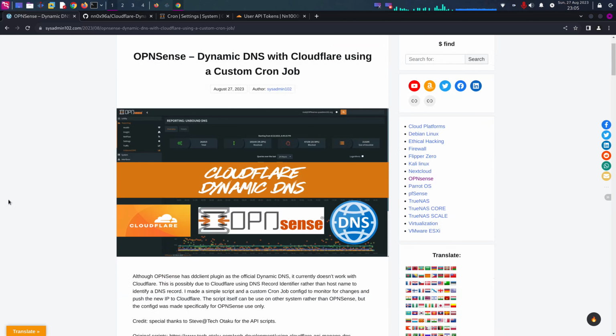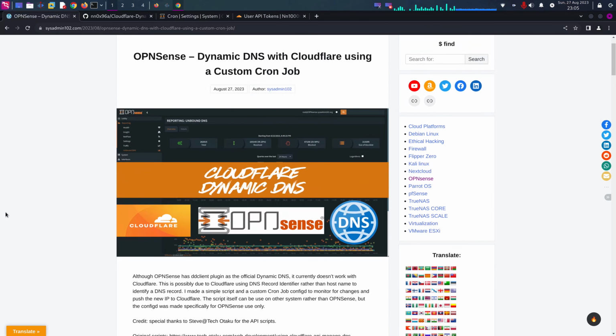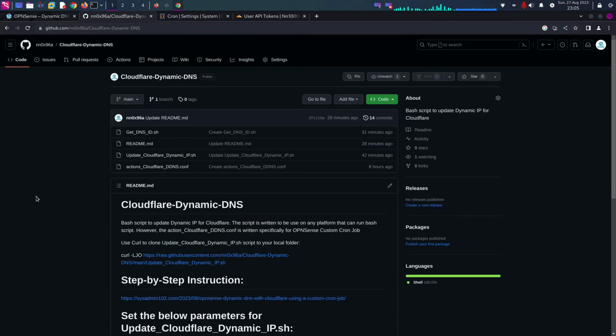Cloudflare server. And before I get started, I want to give a special thanks to Steve at Tech Otaku for the API script that I used to make this script for updating the dynamic IP. Also, the script and the instructions on how to use it are available on GitHub as well. I'm not going to go over it in depth, but I'm just going to walk you through how to use the